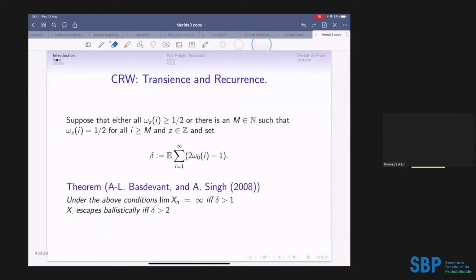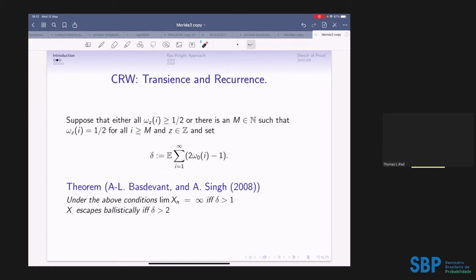Okay, so for us, typically at this point, people were talking about cookies which were always biased to the right, if you're looking at Z, and often we assumed that there were just a finite number of cookies, which is another way of saying that for every z, omega_z(i) was equal to a half if i is bigger than M. Okay, and so in either case, this quantity would be well defined, delta, and